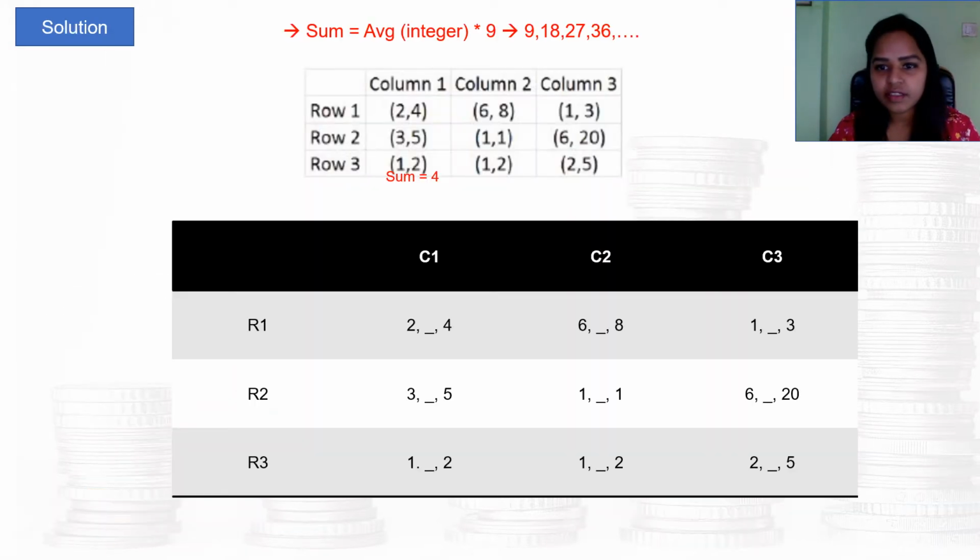So I've first taken a table and I've written the maximum and minimum amounts. So we know the numbers in 2 pouches, the number of 1 rupee coins in 2 pouches, and we need to find that in the third pouch in each row and column combination. Okay, so we have seen in the question that the sum is 4 for column 1 and row 3. So the missing one is 1 here. And also if you see column 2, row 2, 1 is minimum and 1 is maximum. So the third pouch should also contain 1.